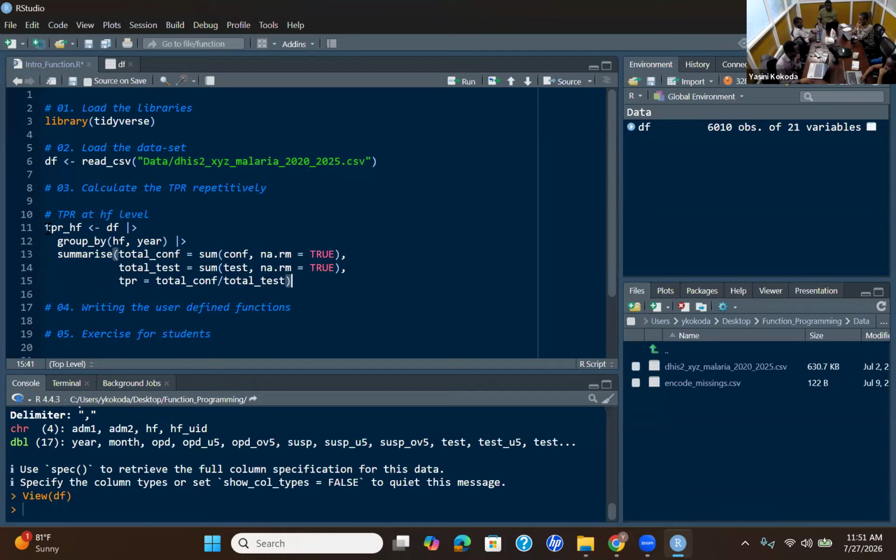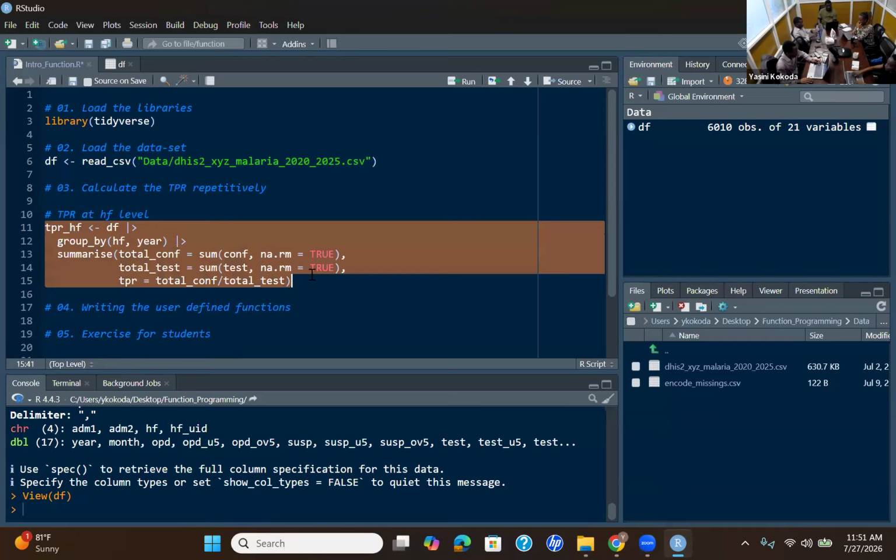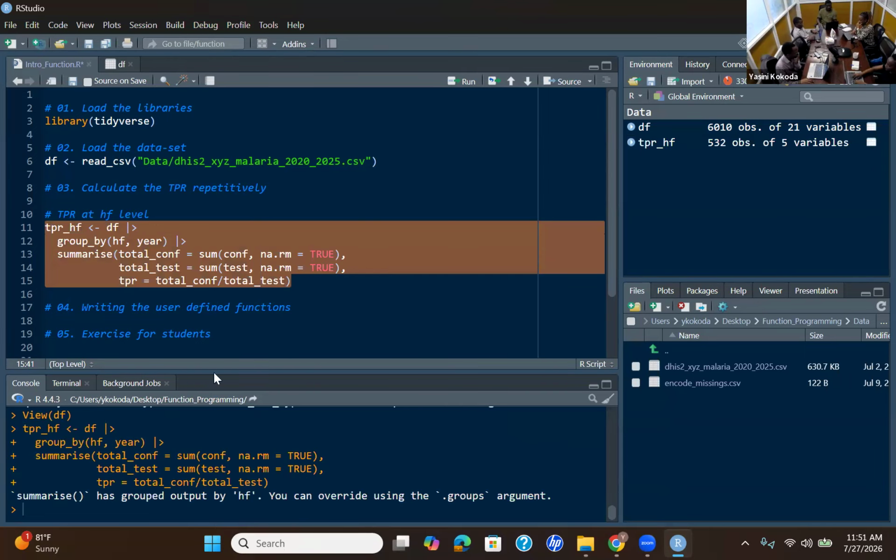So if we run this, you see it will tell you it has grouped output by health facility.